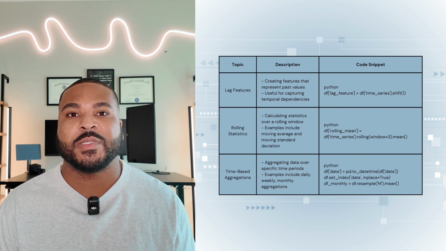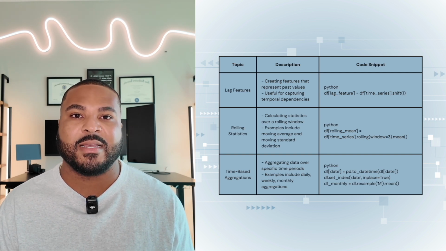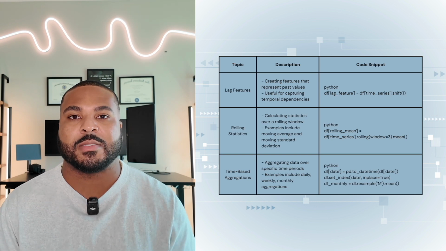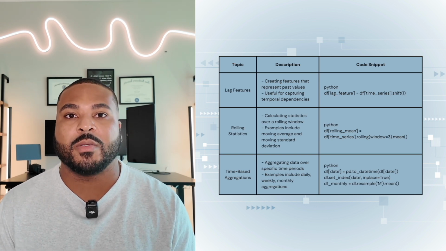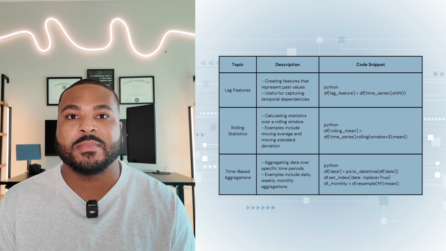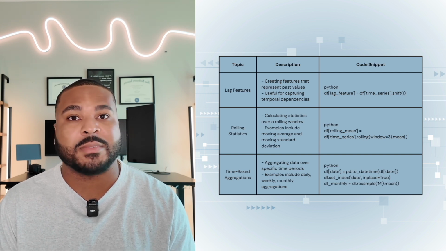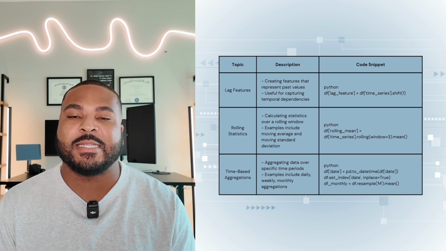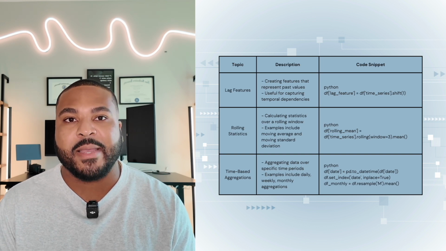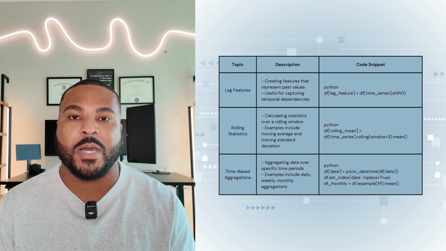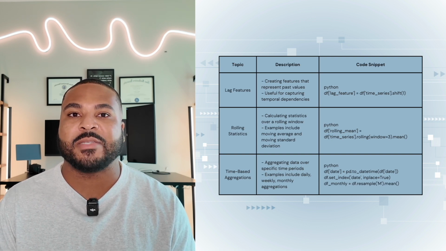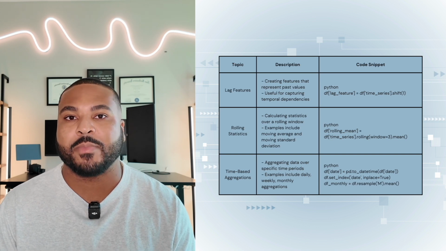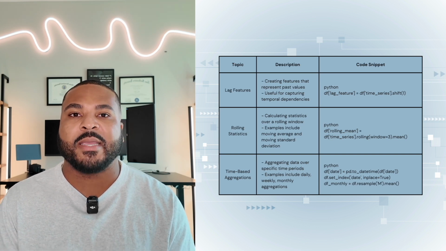This is useful for reducing the granularity of the data and identifying broader trends. So for example, to aggregate data monthly, in this code, we first convert the date column to datetime format because it was object at first and set it as the index. Then we use the resample method to aggregate the data by month, calculating the mean for each month. And by creating these time series features, you can capture the temporal structure of the data, making it more informative